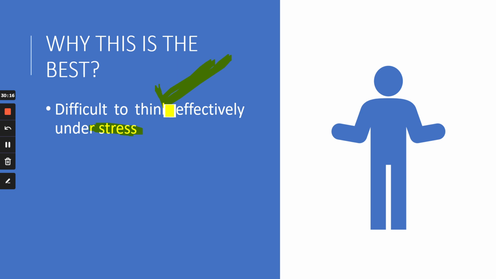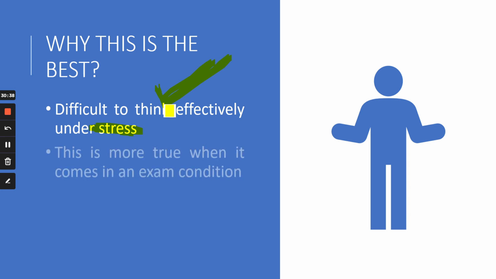You can still make out some ideas, but brainstorming and idea web generally work more effectively when your mind is free from any stress, when you're not on the clock. All right? Brainstorming and idea web work when your mind is absolutely stress free, which is not possible, I think, in exam conditions. And whatever I just said is more true when the stress is under exam condition. So generally, under stress, you cannot think effectively, and if you cannot think effectively, brainstorming and idea web will not work at their optimum level.